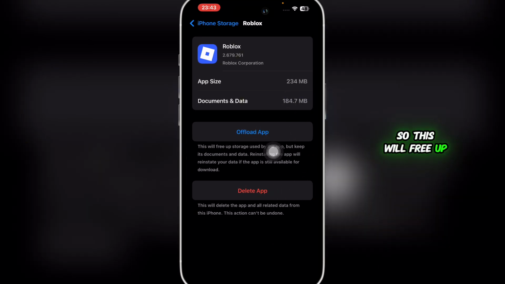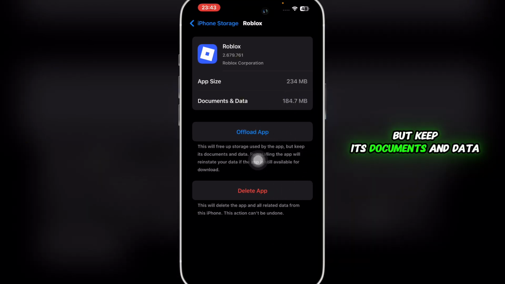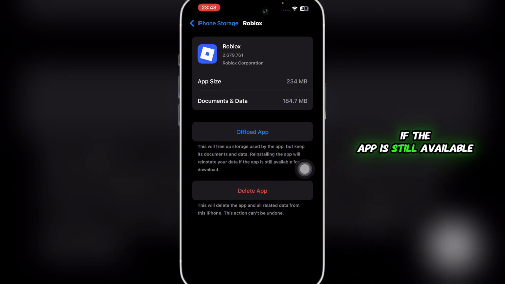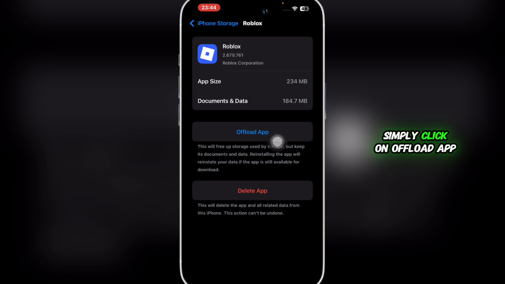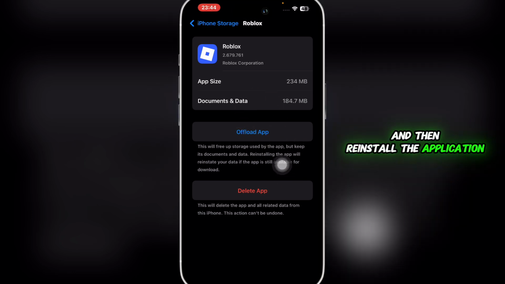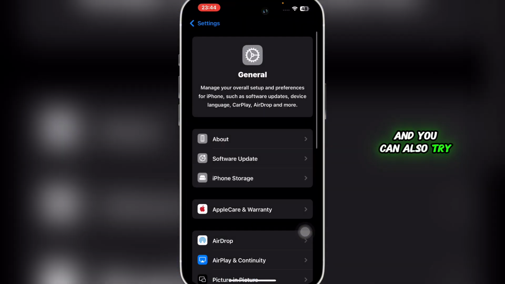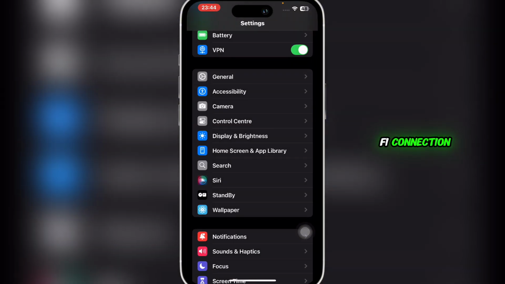So this will free up storage used by the app but keep its documents and data. Reinstalling the app will reinstate your data if the app is still available for download. Simply click on offload app and then reinstall the application. So it will basically reset your application and all of the settings within. And you can also try connecting to a stronger Wi-Fi connection. So once you do so, your issue would be resolved, and that is basically how you can fix Roblox connection